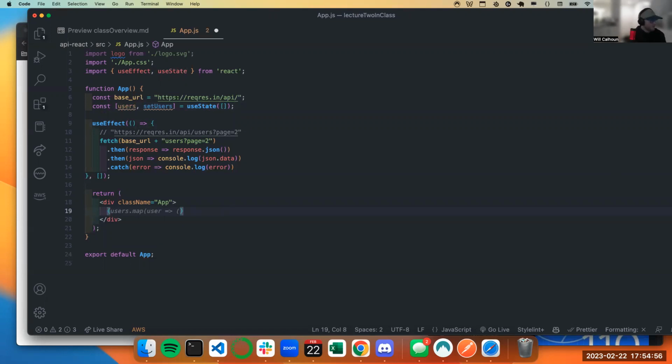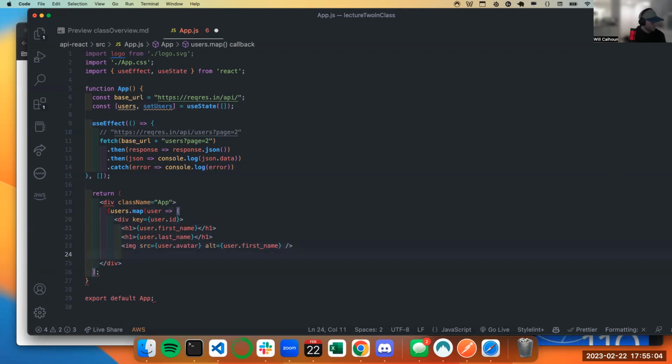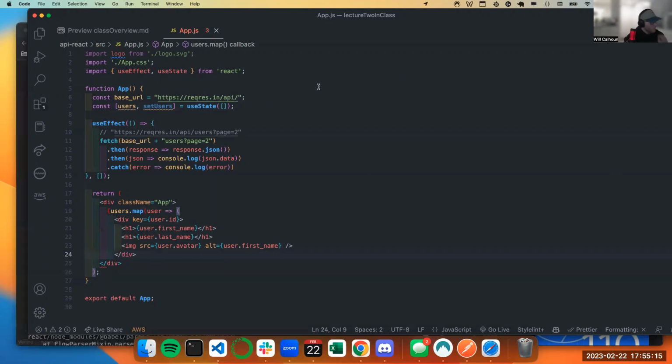In here I have this div, and I'm going to say users.map. Let's just let it do its thing. Perfect. Oh, and I need to close my div. So what we're going to do is map through all of this information.